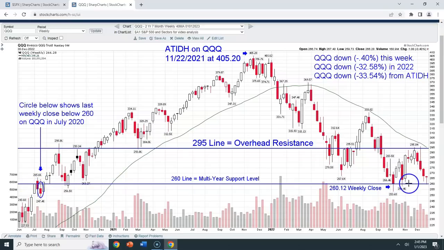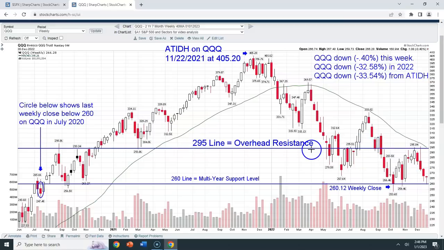So we really need to keep, for any of us that use the triple Qs, from a technical support level, guys, we really, really want to watch this 260 level, because if we start to see weekly closes below that 260 level, knowing that it's been about 2.5 years since we've closed below 260 on the Qs on a weekly basis, we know that we've got some problems, okay? And I think that's a very likely scenario, but that gives you a real important level to watch. And on the top side, 295.